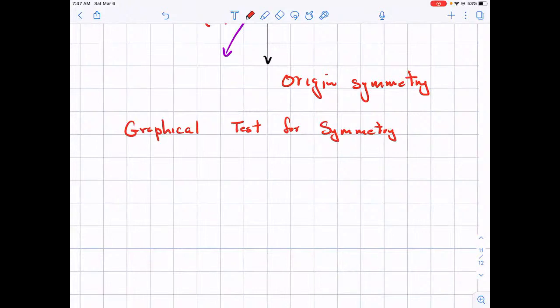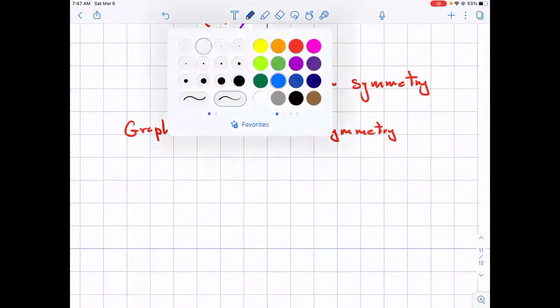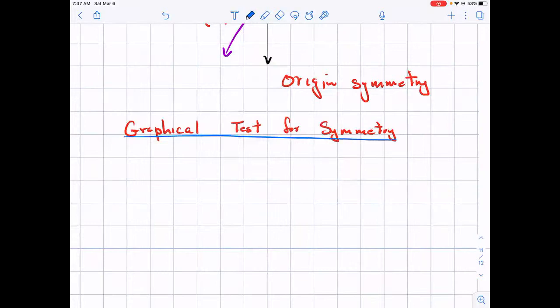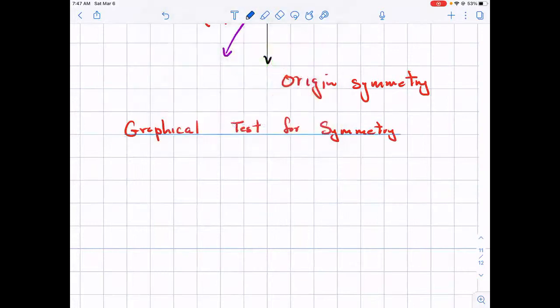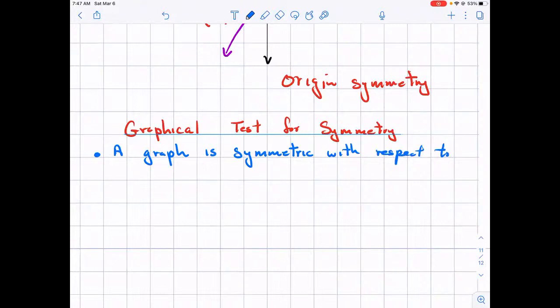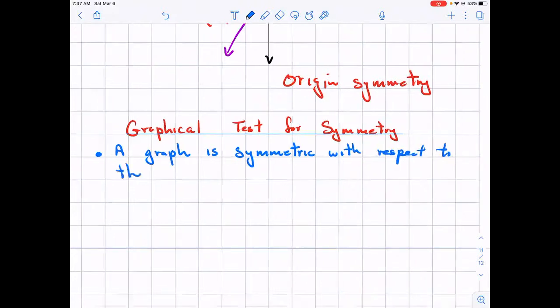So one, a graph symmetric with respect to x-axis